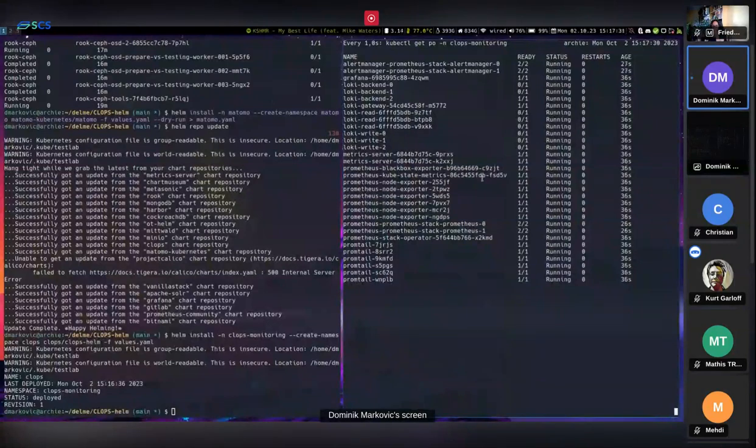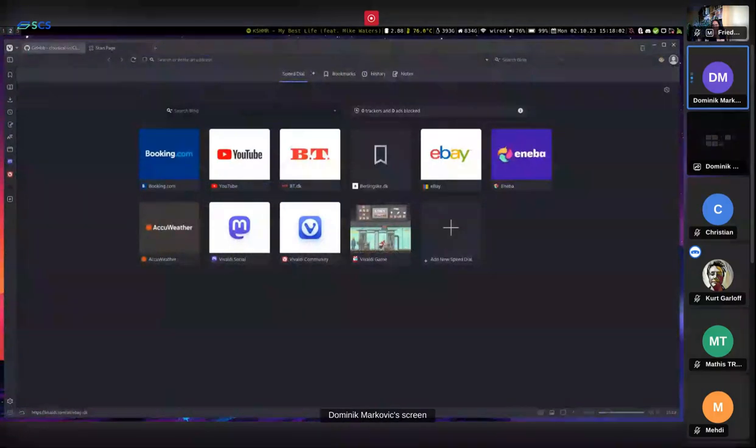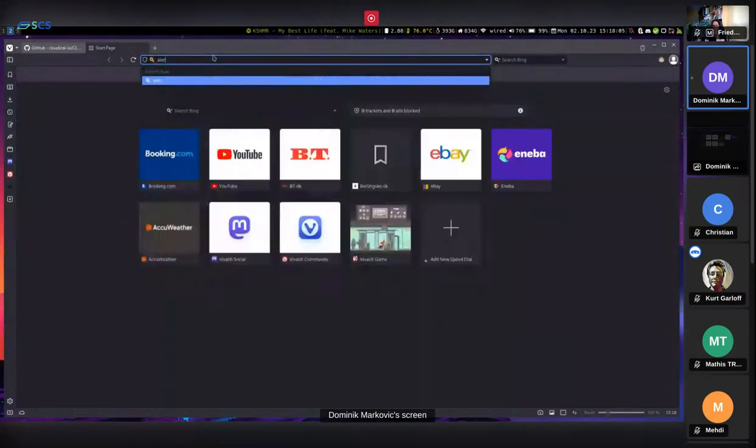And when everything is ready, I can just go to the domains. They are predefined, but if you want, you can change them, of course, inside the values YAML. And it takes a little bit. So, okay, now everything is ready. It should work. So if I go now, for example, to Alertmanager,